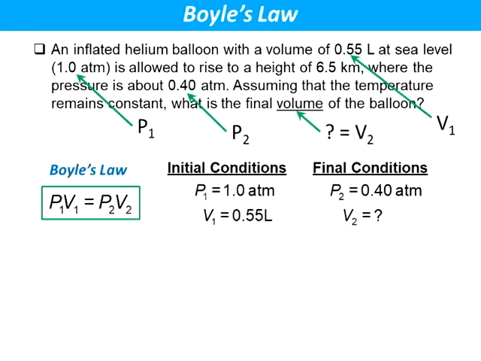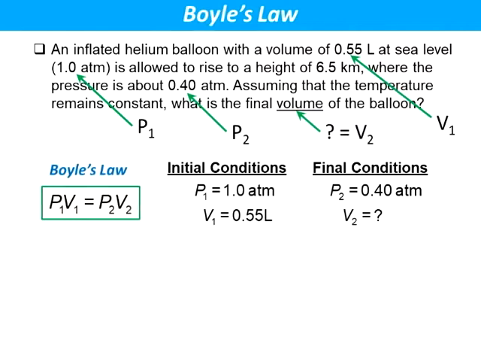A helpful thing to do when you have a problem like this is to mark off all your variables right in the problem. And so we show you that here, where we marked off the pressures and the volumes. Notice in this case, we only have pressure and volume. When the problem involves only pressure and volume, that's a Boyle's law problem. Boyle's law assumes that temperature remains constant. Therefore, we're only working with pressure and volume. And so we're comparing